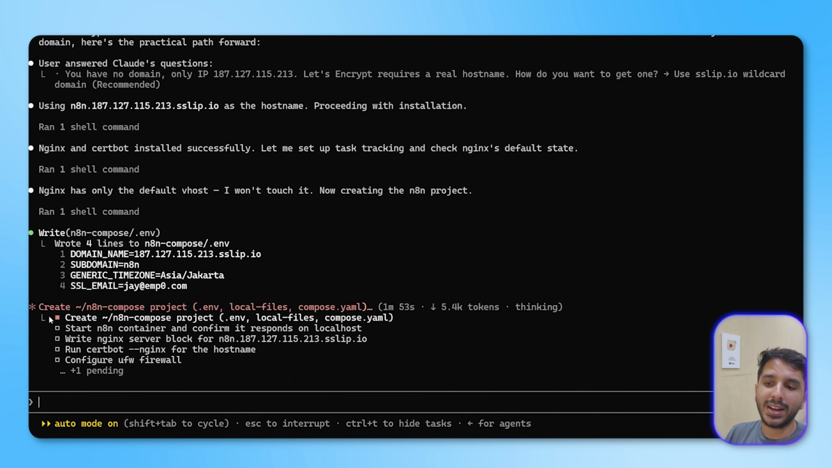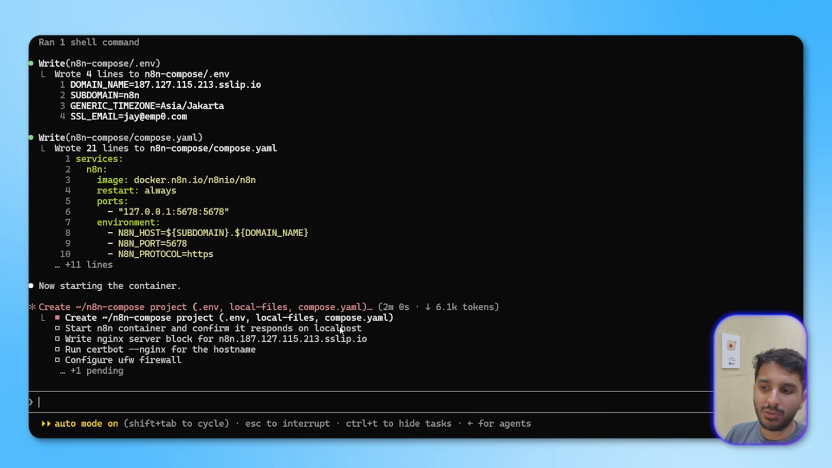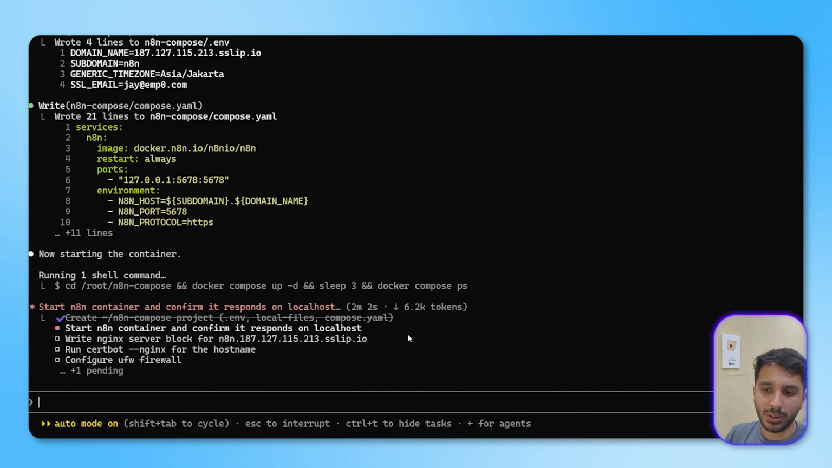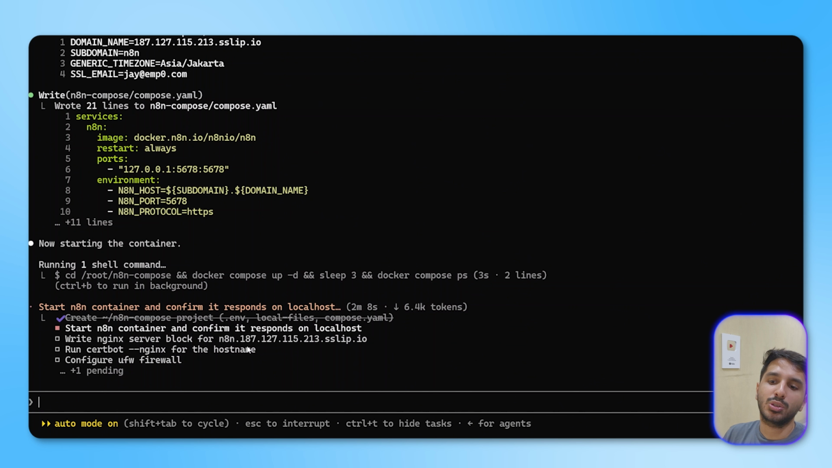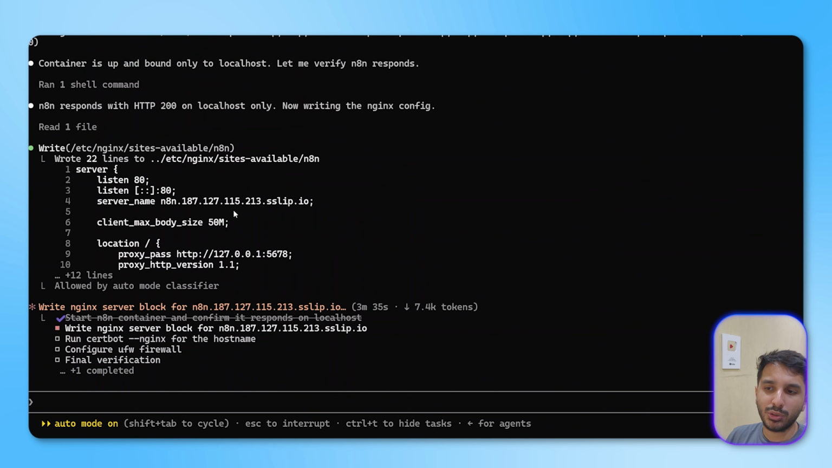Now, Claude Code will analyze the code and do all the tasks required. First, it'll create a compose project filled with the env files, the local files, and compose YAML for Docker. Then it's going to start the n8n container and respond with localhost. Write the Nginx so that it's able to direct HTTPS traffic, and then use certbot so that it can use port 443. Okay, it seems Claude has installed n8n using Docker Compose and is able to reach it locally